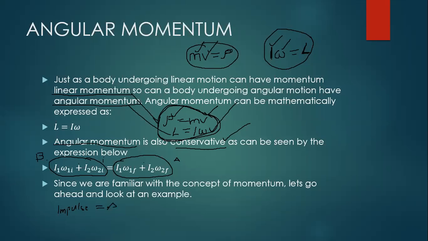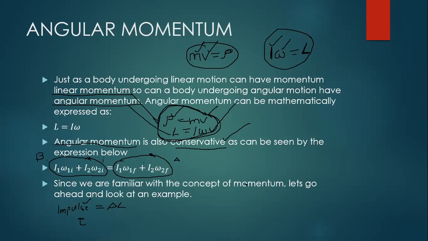If momentum changes, here we are saying that momentum has to be the same. What we have here should be equal to the momentum that we have there. So if we have a change in angular momentum, we call it impulse. Now, how does this impulse work? So impulse is when we have torque,